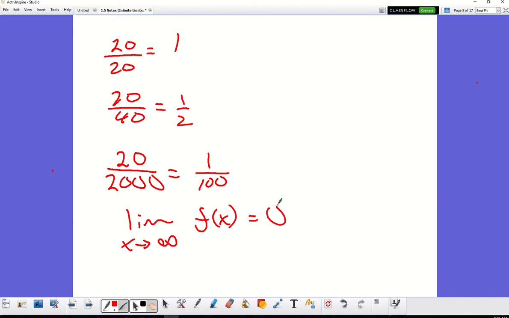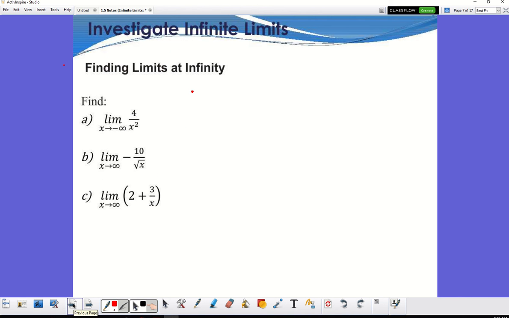So you guys conceptualize that, because every time I do that, it keeps getting smaller and smaller, and if I had a graph of it, it's going to have an asymptote right at 0. So now, on this one right here, if I square any number, it's going to be positive. Square any number, it's going to be positive, right? Especially negative numbers.